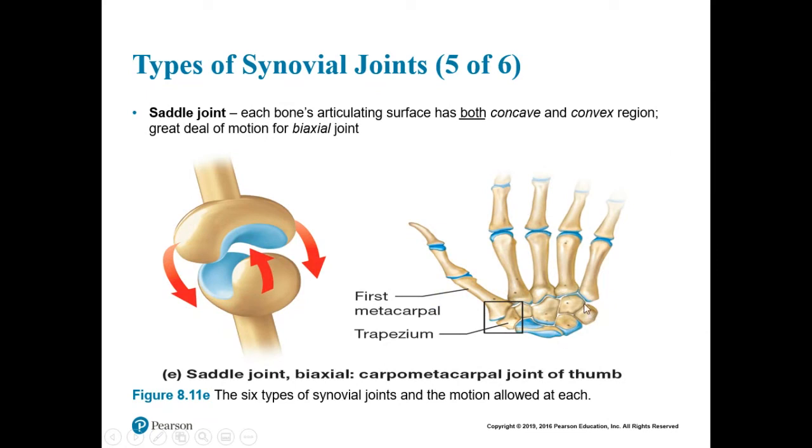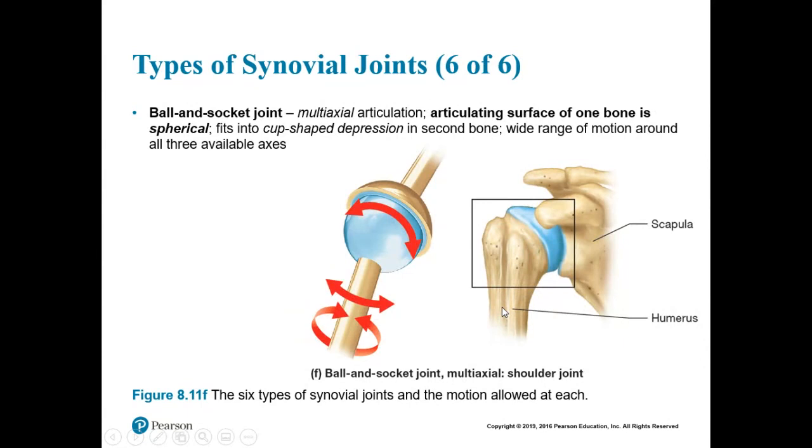Saddle joint is another type of joint, and it's a biaxial joint, which occurs in the carpometacarpal joint. So that's the joint between the wrist bones and the metacarpal bones, right here. What makes this a saddle joint? Both have a concave and convex region here, so that allows for the biaxial movement within this joint. Evidently this allows the wrist to carry on with all of its complex